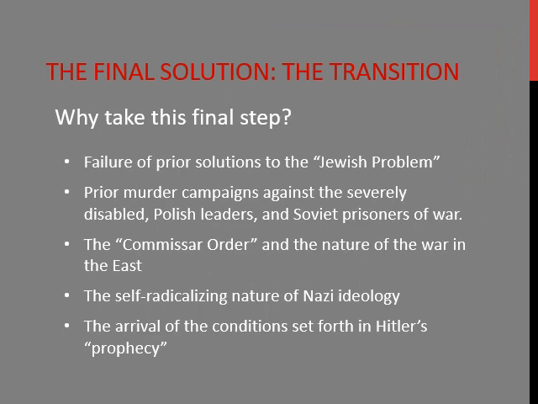Nevertheless, it still leaves us with the question, why did they feel compelled to take that final step? They really did have the Jews in the ghettos for the most part under control. They could have waited until they achieved victory in the war and then come up with a more permanent plan to remove Jews to some faraway location. Why didn't they do it? And so here's why they take the final step. First of all,